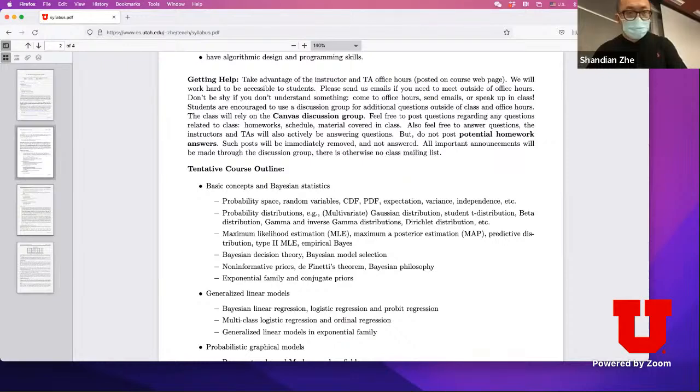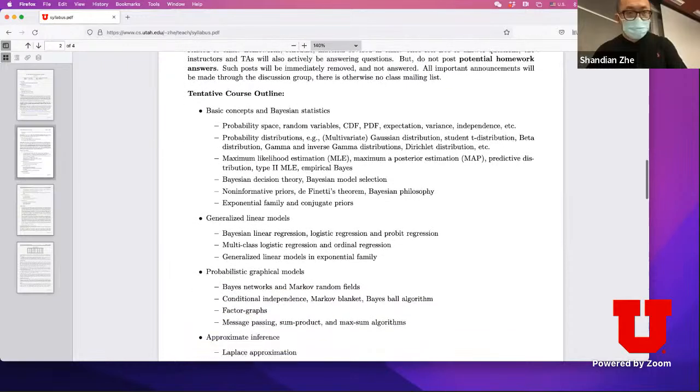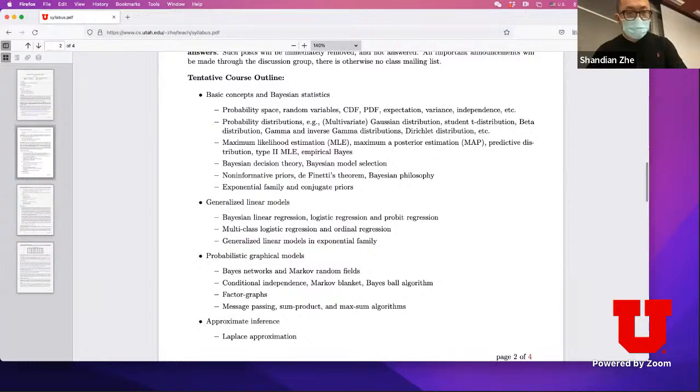Okay, so what kind of course topics are we going to discuss? You can view it like we're making a building. We're going to start with those basic concepts. What are the basic items in probabilistic learning? They're all kind of distributions. That's why I request everybody to have such a background. You're not sick of Gaussian distribution, multivariate Gaussian distribution, gamma distribution, Bernoulli distribution, beta distribution, all kinds of stuff. So